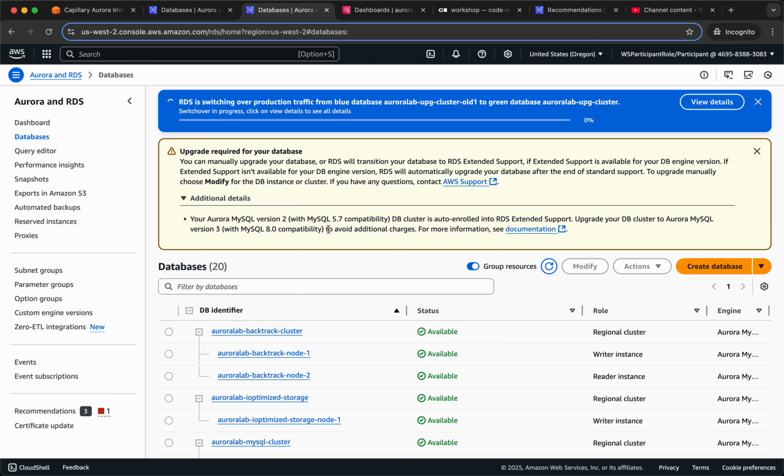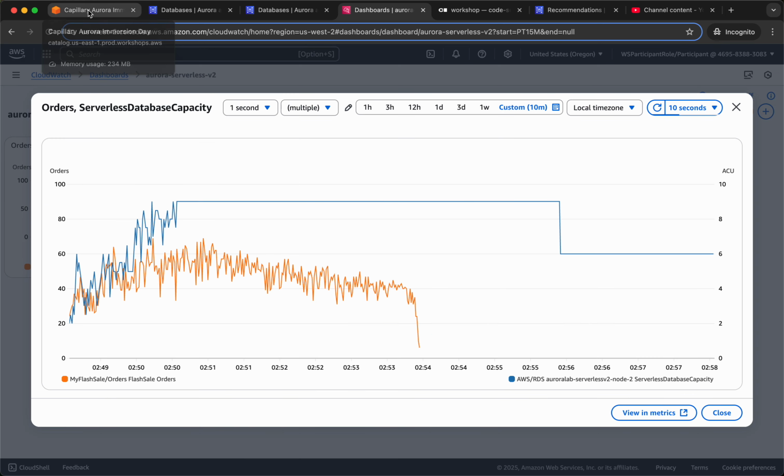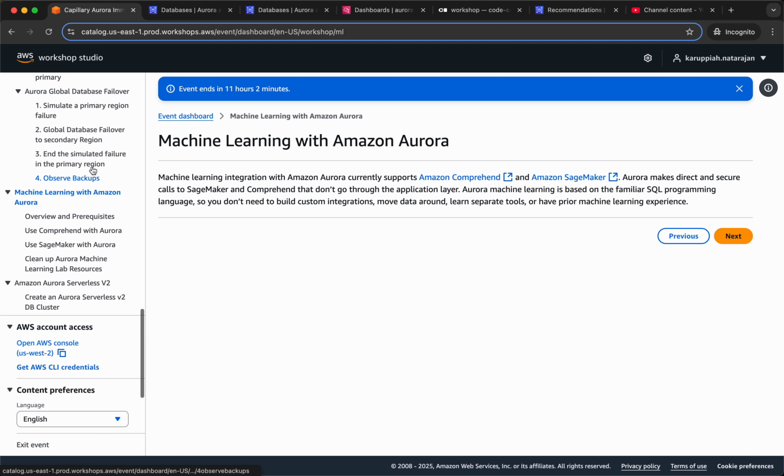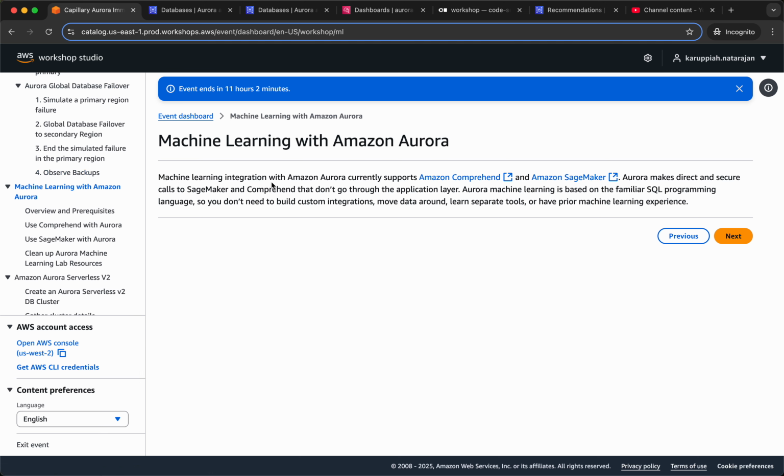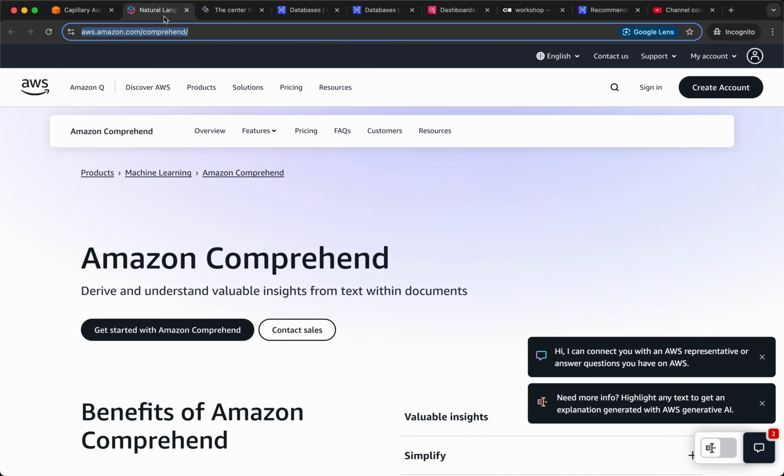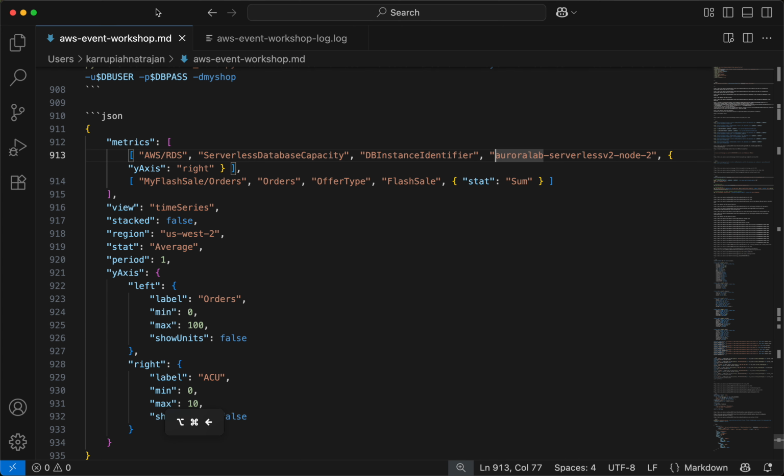So in the meanwhile, can we do some machine learning stuff? Machine learning integration with Amazon Aurora currently supports Amazon Comprehend and Amazon SageMaker. Okay, natural language processing, and